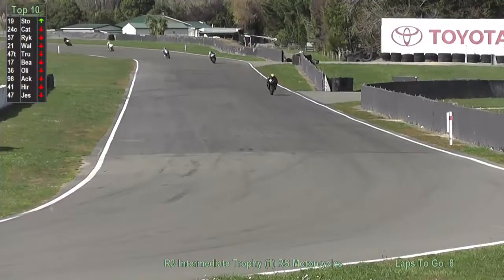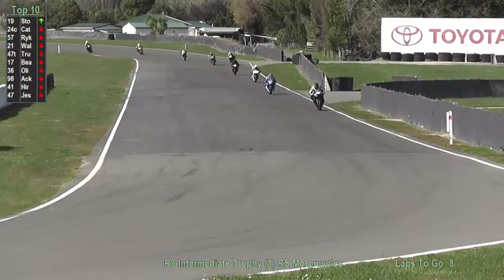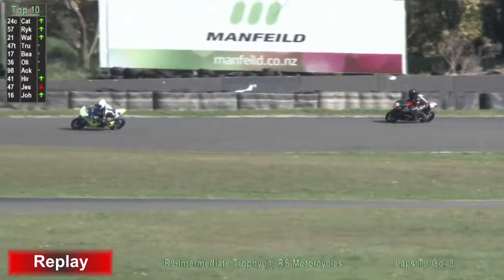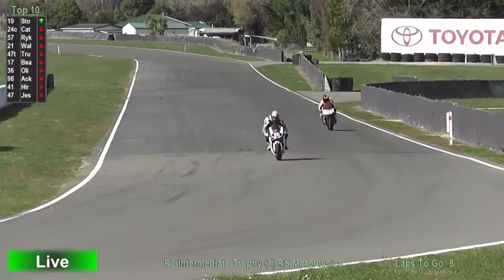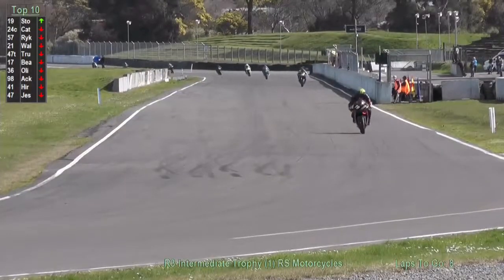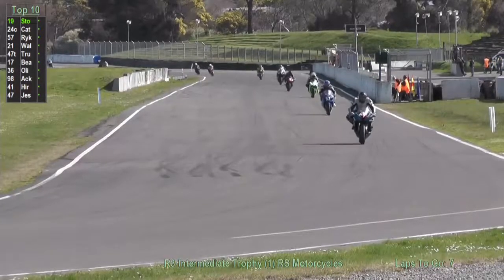So we'll see them come around for the first lap from a standing start, and we'll see what sort of times they're doing. As I say, this is a combination of what was the old Formula 3, very dear to my heart after owning a Formula 3 bike for over 24 years. So Richard has gone through from a standing start at 1:18.134, Roger Cathro second at 1:21, Uriah Ryken